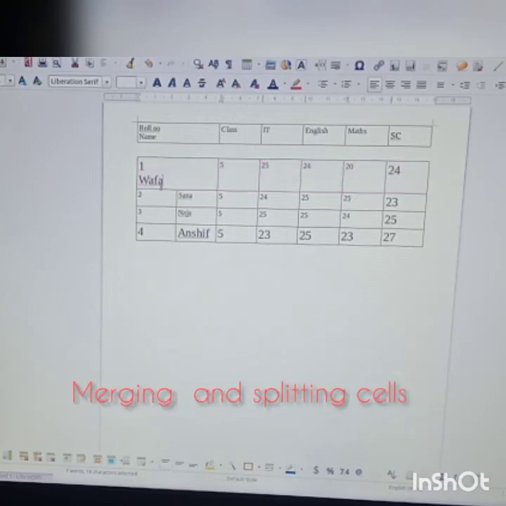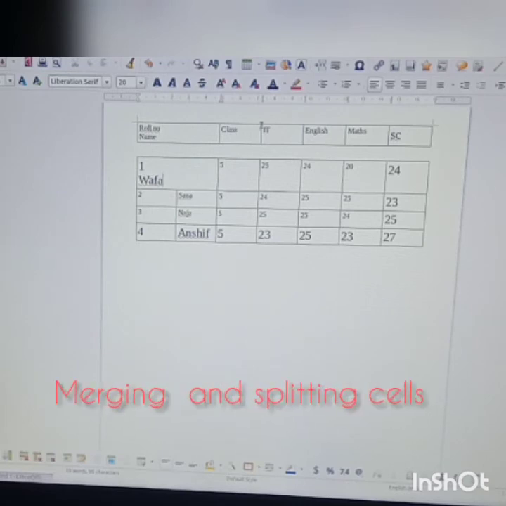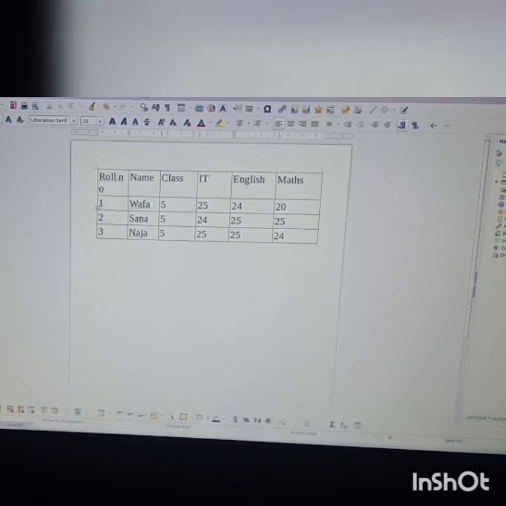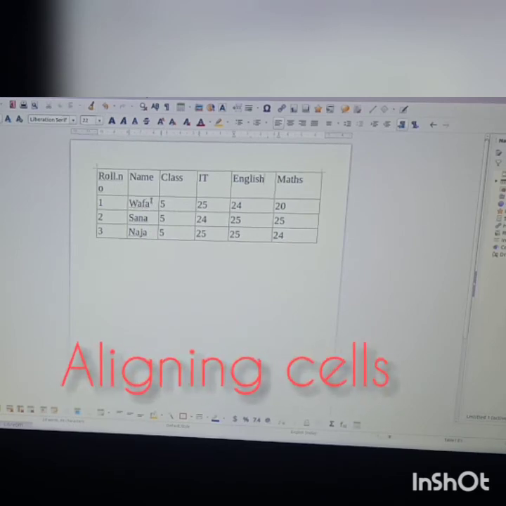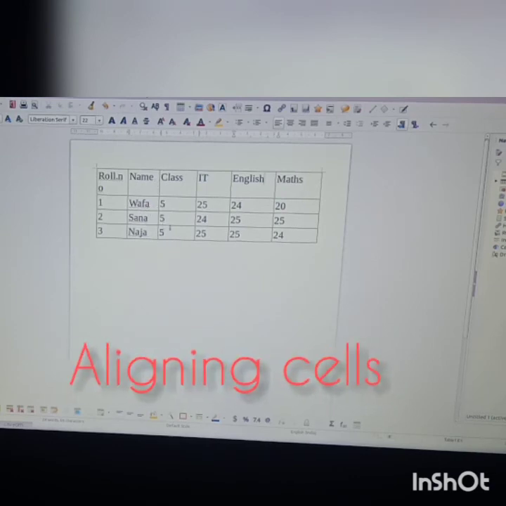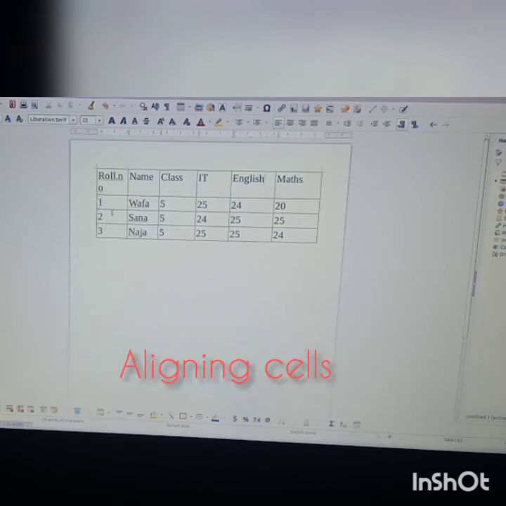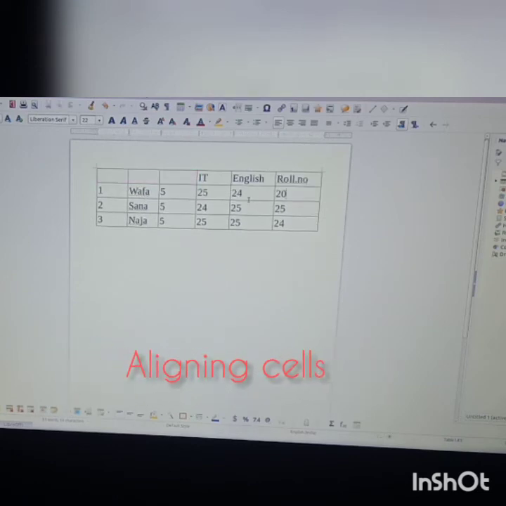Okay, we know how to merge, how to delete that line from there. We know how to merge, we know how to split also. Now in page number 52, you can see aligning cell. As I told you, this is a cell, right? This column is a cell. So we are going to do alignment on a cell. See, this 5 is in the left corner, no? Here 1, 2, 3 is also in the left corner. So you want to make that in the center. All these need to be in the center. So what will you do, children?